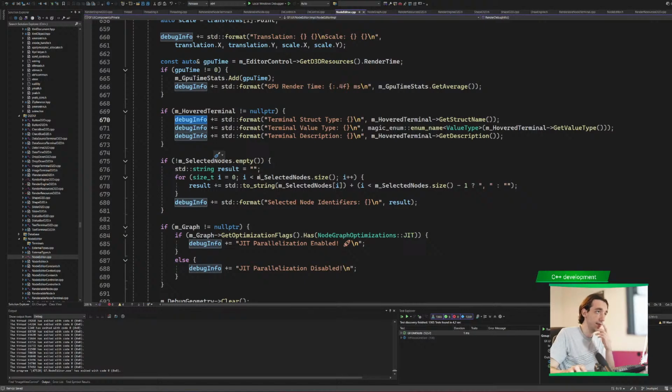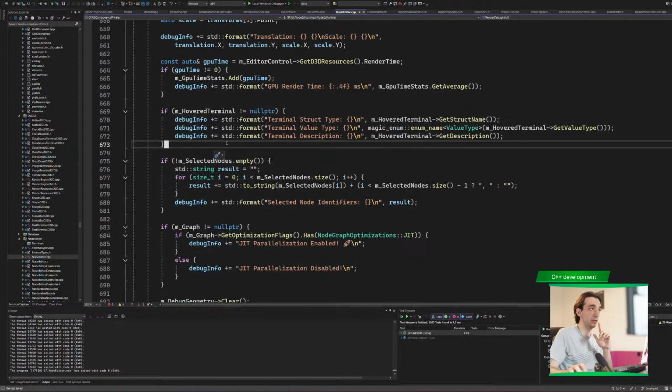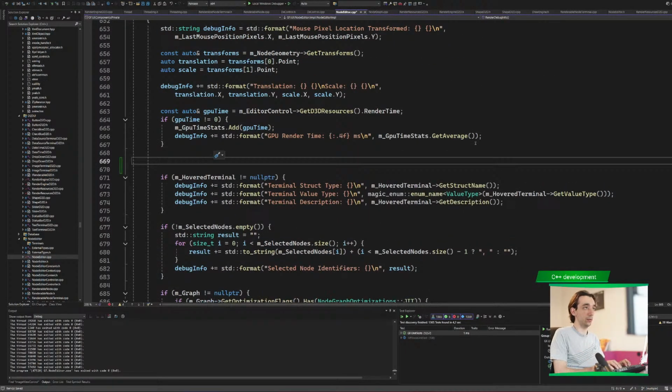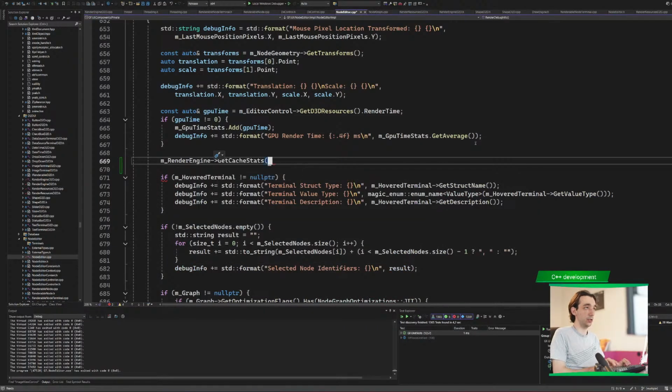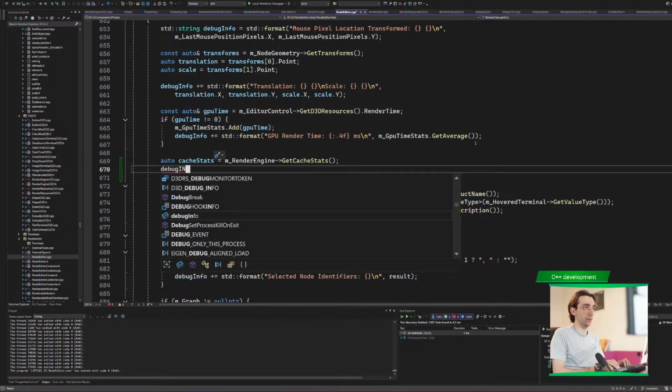This is in the same text layout, so it's going to be invalidated as well. So here against the GPU after GPU time, there should be mRender engine get cache stats auto cache stats, and then there should be debug info